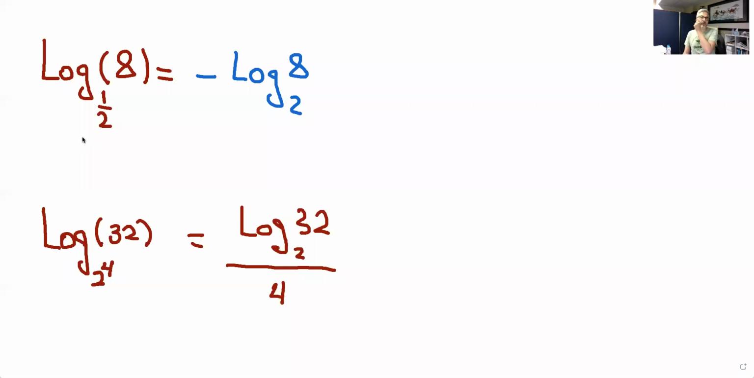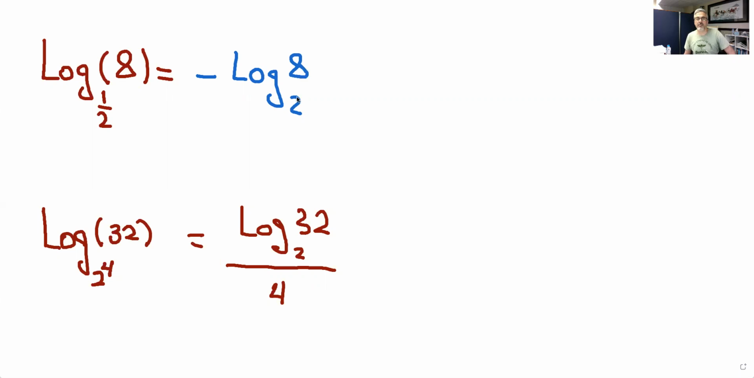So here's a few things that students get stuck on when they do logs. So for instance, if we have a log with a base that's a fraction, to get rid of that fraction, all you need to do is just change this to a negative. So you throw a negative in front of the log there, and then you're able to make this 2 instead of a half, which is again